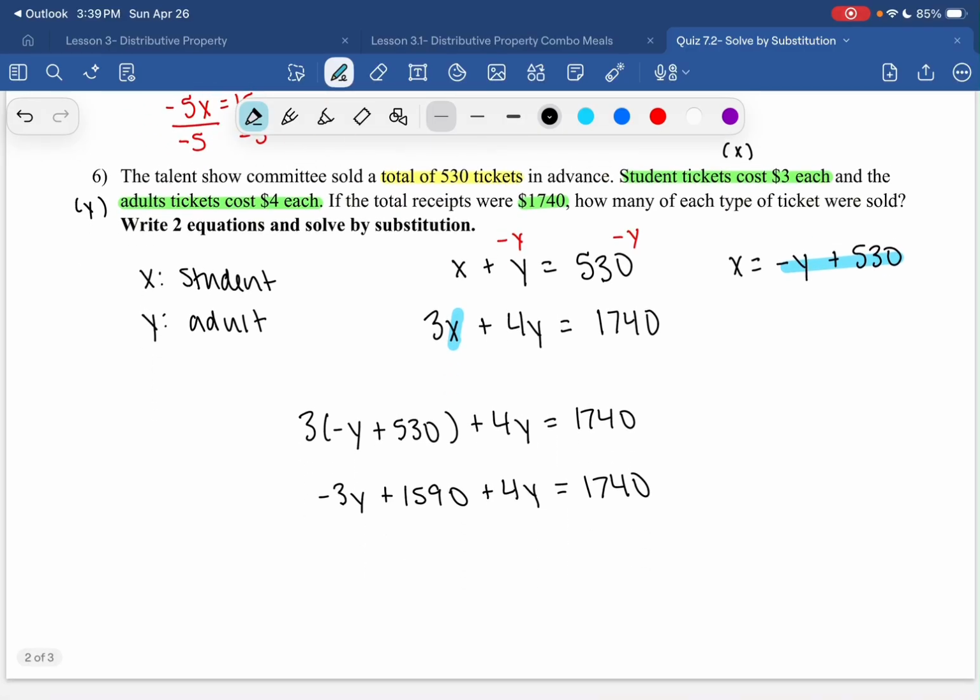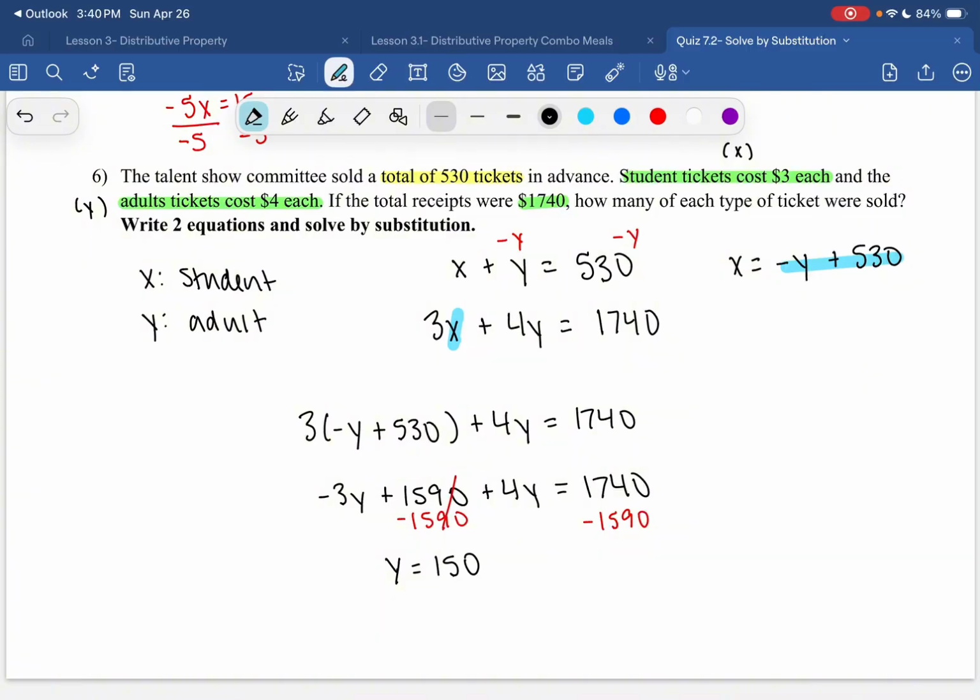Okay, I'm going to have variables on the left, numbers on the right. So I'm going to combine like terms. And negative 3 plus positive 4 gives me positive 1y. And then I'm going to subtract 1,590, right? Because I need that number to cancel on the left side. So remember when we learned about additive inverse property, a number plus its inverse gives you 0. So I also need to subtract that from the right side. So y now equals